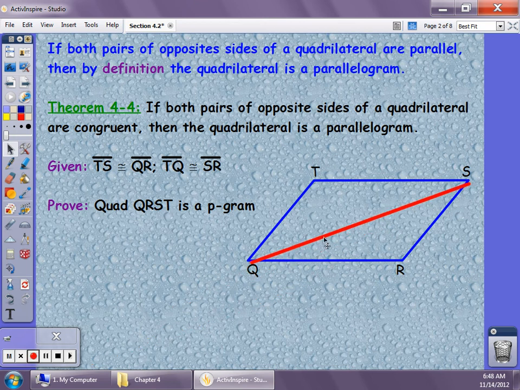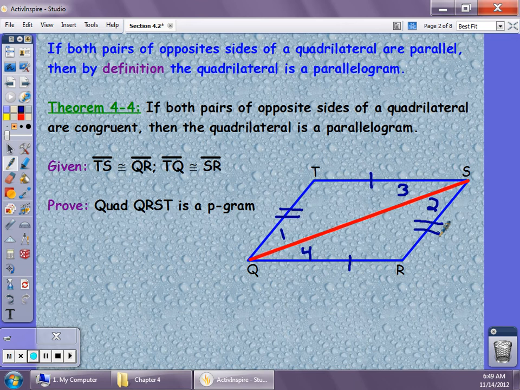The first thing I'm going to do is draw our diagonal QS. Then I'm going to label a few angles. I'm going to label this angle 1, angle 2, angle 3, and angle 4. So if we are given that TS is congruent to QR and that TQ is congruent to SR, we want to prove that quadrilateral